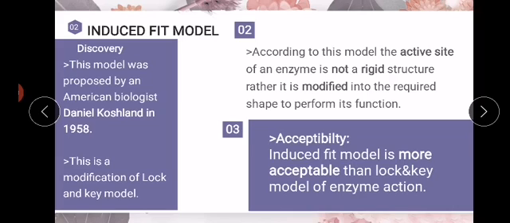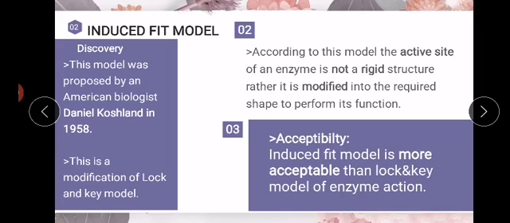So what does this model state? Who discovered this model? Actually, this model was a modification of the lock and key model. This modification was done by an American biologist, Daniel Koshland, in 1958. So the induced fit model is actually a modification to the lock and key model, done by Daniel Koshland in 1958. What was his statement about this model? He said that